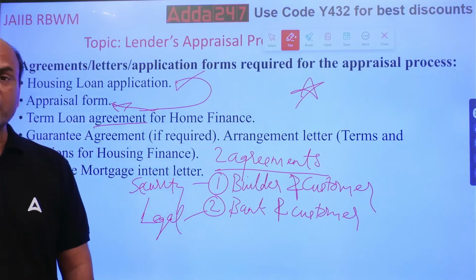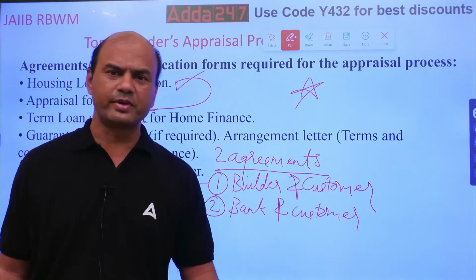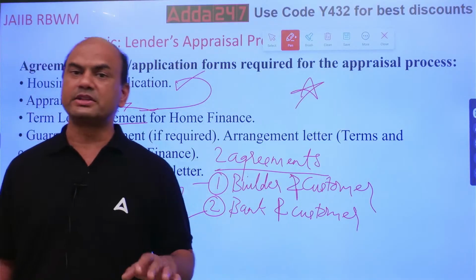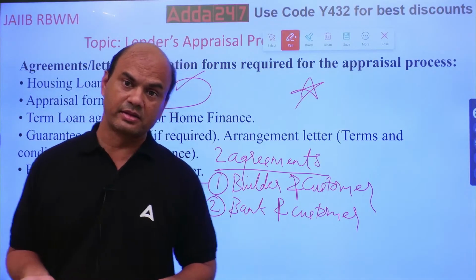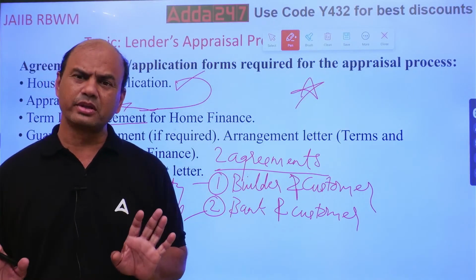Okay. What is the process of home loan? Means how does this process move on? First, we have the loan application form. Then we do the appraisal. Once the appraisal is okay, we do the sanction. From sanctioning, we do the disbursement. Right? This is a basic rule. And then monitoring.